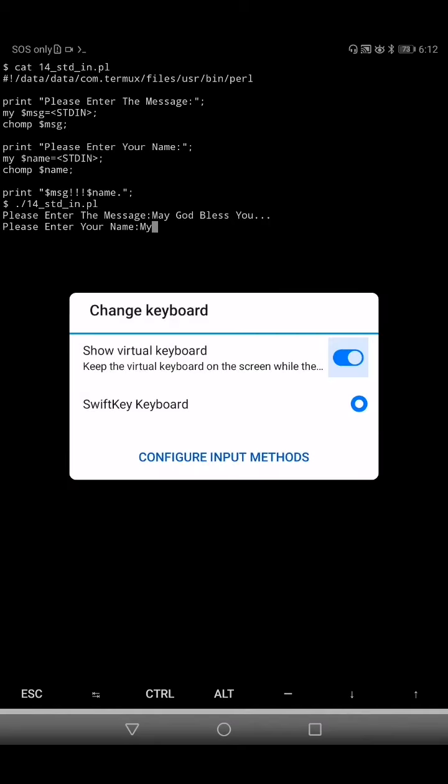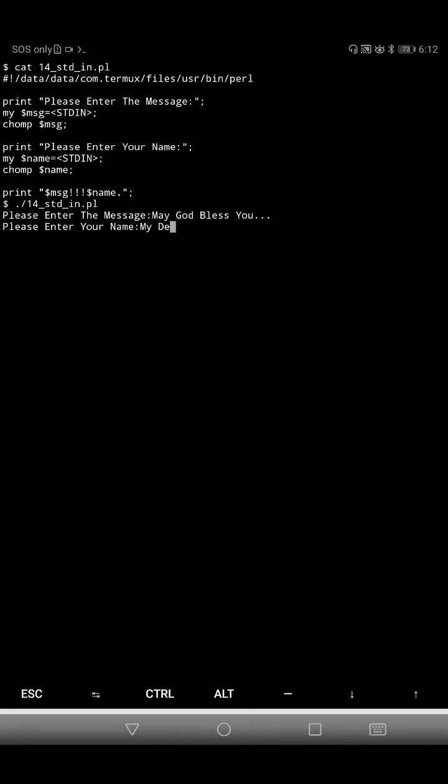My dear fellow citizen. Okay, let's see. You can see here now we are getting it on the same line: may God bless you, my dear fellow citizen.